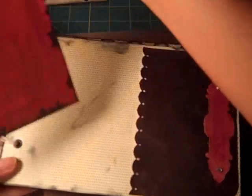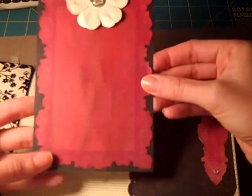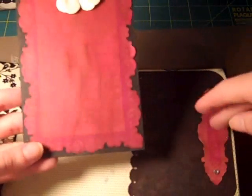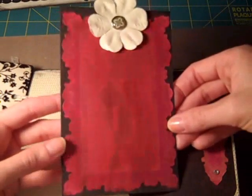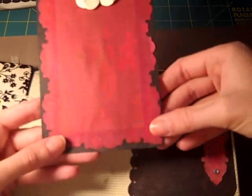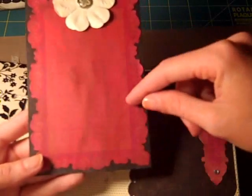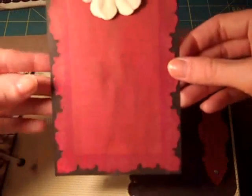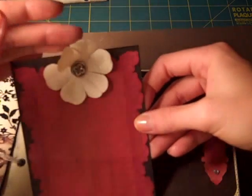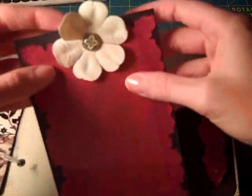And then this is the tag that pulls out. Again, this tag is from the same embellishment package as this always. And so what I did was I attached it to a piece of black cardstock. I didn't like it just by itself. And then I glimmer misted it with some brown and some Viva Pink, and you can see some of the journaling lines on there. And then I had a cream flower, and so I just glimmer misted it with marshmallow